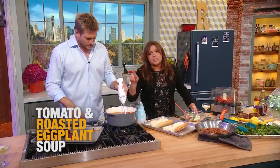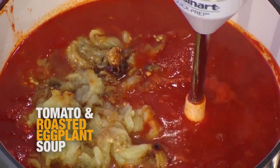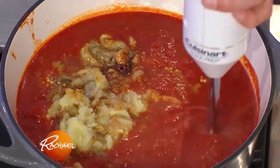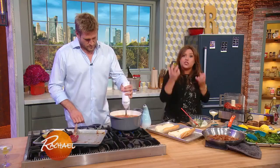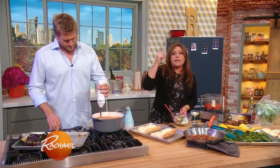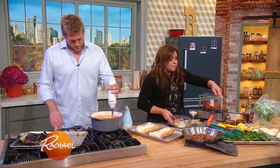Added the roasted eggplant to the soup base, the plain tomato basil soup base. It's about to be tomato basil in a minute. And he's going to mix all of that together and puree that roasted eggplant into the soup. So it's like a smoky tomato soup. It's delicious. Yum. Meanwhile, for the hero, we took out the broccoli rabe that's roasted up with the chili paste